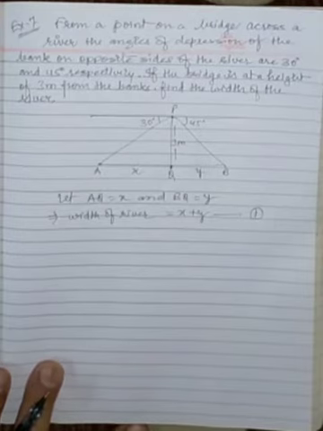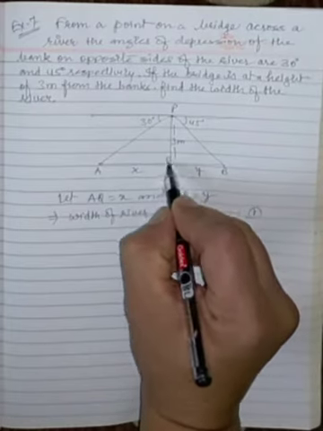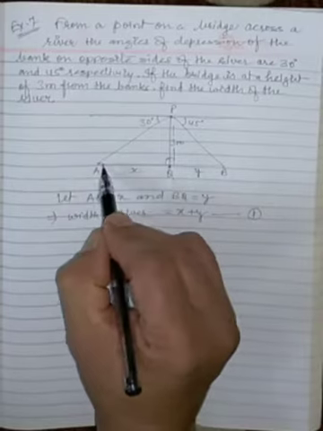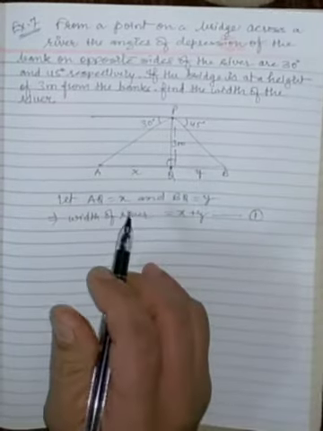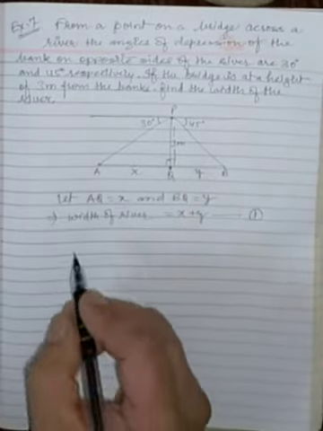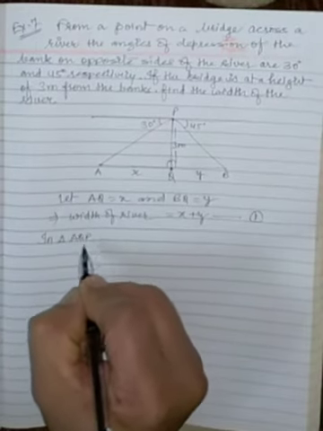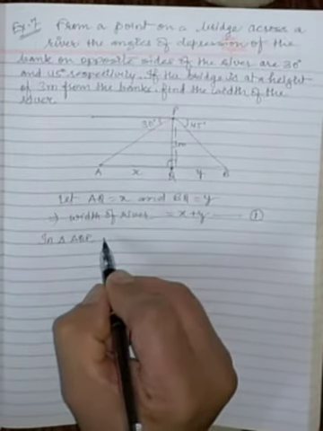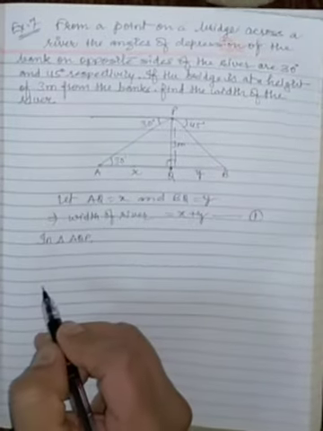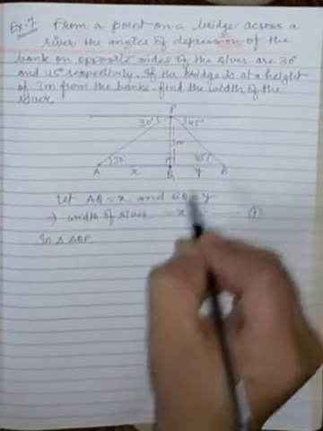Now we will try to find out the value of X and Y one by one using the relation of tan, because PQ is the perpendicular and AQ and BQ are the base. So relation is between perpendicular and the base, so we can use here tan. So first, in triangle AQP, where the theta will be equal to 30 degree, alternate angles, and this will be equal to 45 degree.